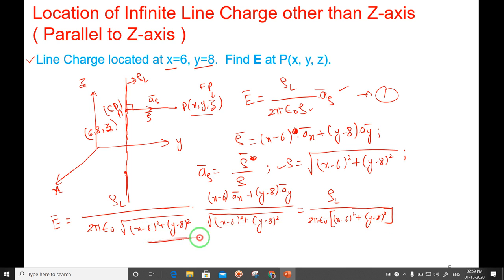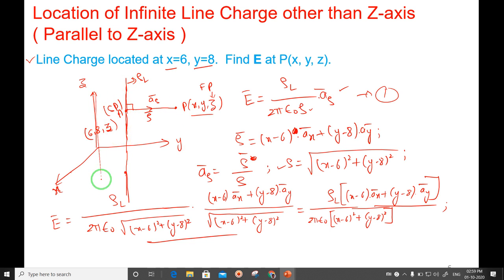This into this, root x into root x is x only. And the numerator I'll write as it is: x minus 6 into ax plus y minus 8 into ay. That's all. So this is the expression for electric field intensity at point P due to the infinite line